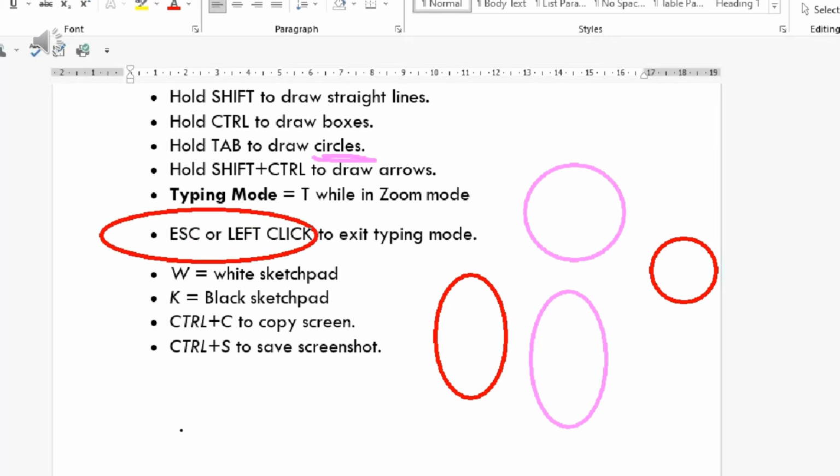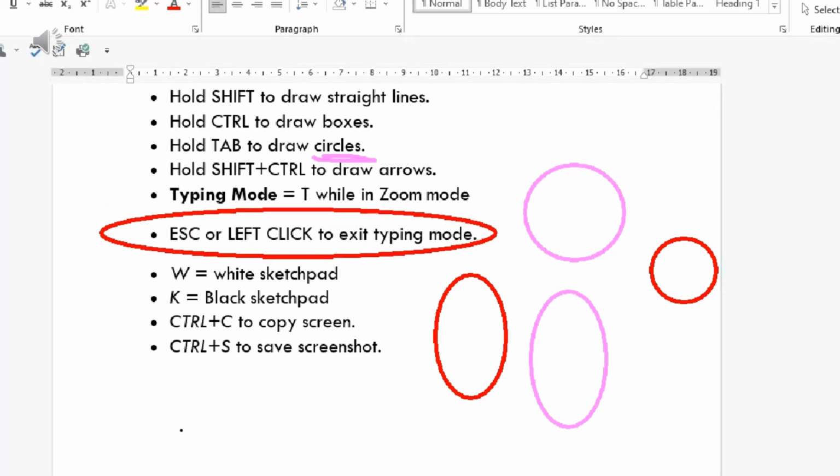So for example, if I want to put a circle for this point, I can do like this. So for straight lines you can use the shift button, for boxes we can use the control button, and for circles we can use the tab button. Let me erase all this.